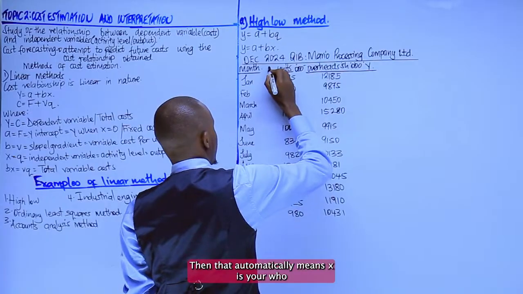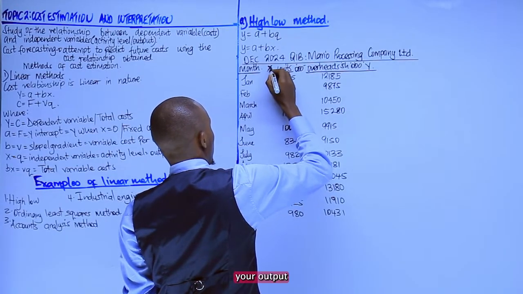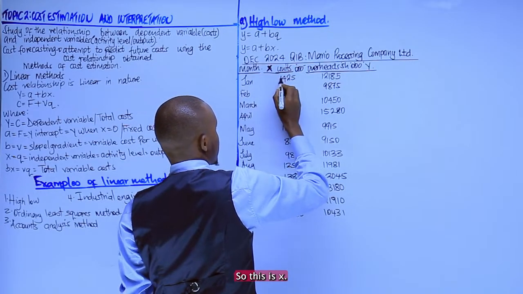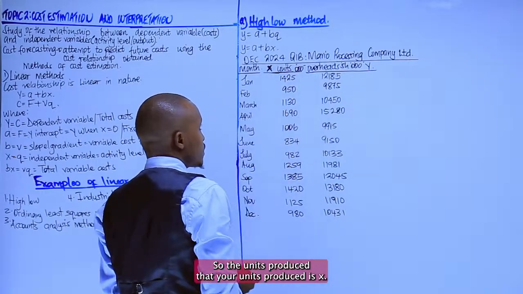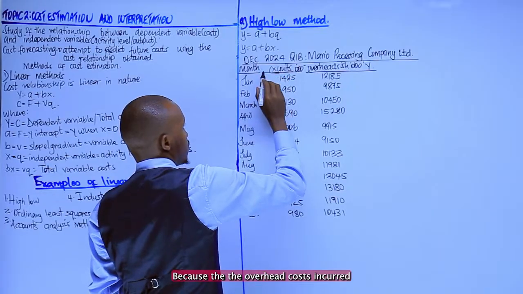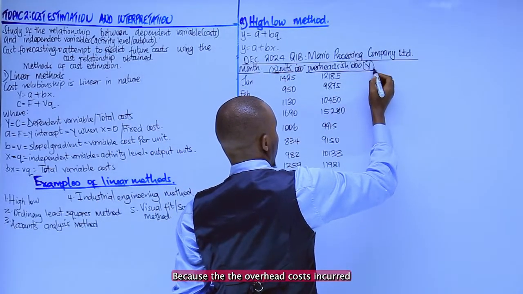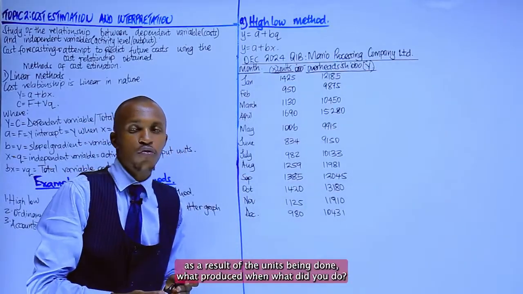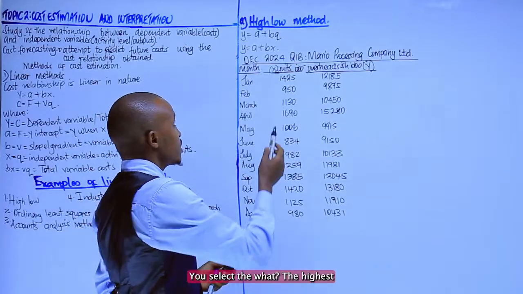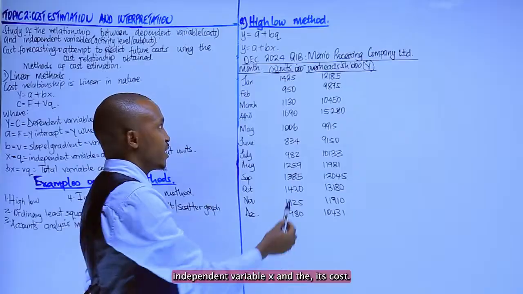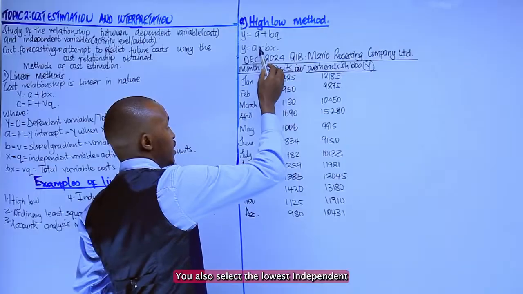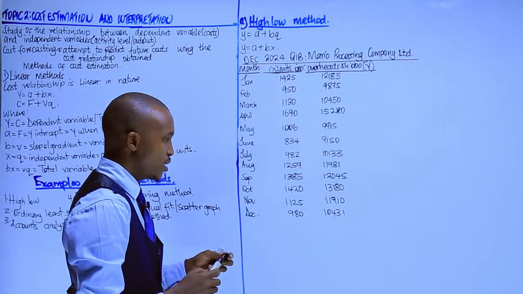Then that automatically means X is your who? Your output or your units produced. So this is X. Your units produced is X. Why are we saying that? Because the overhead costs were incurred as a result of the units being done what? Produced. Then what did you do? You select the highest independent variable X and its cost. You also select the lowest independent variable